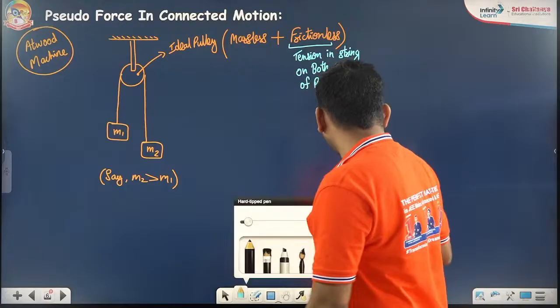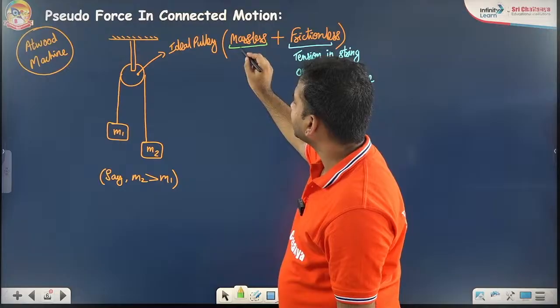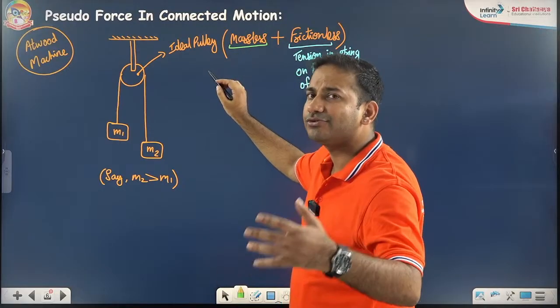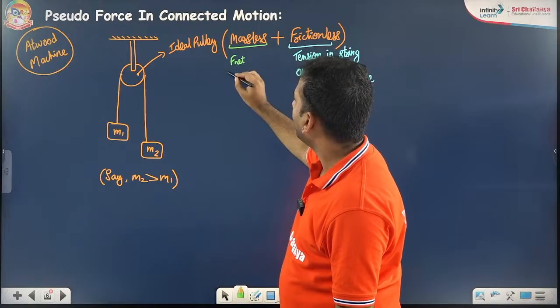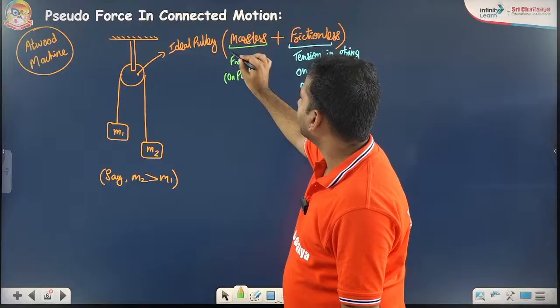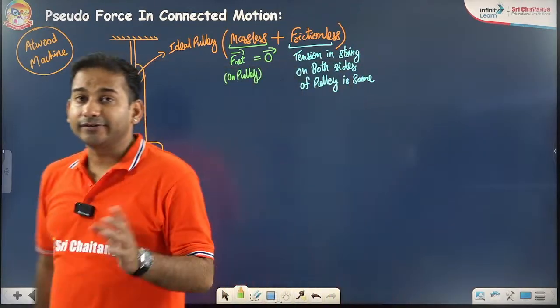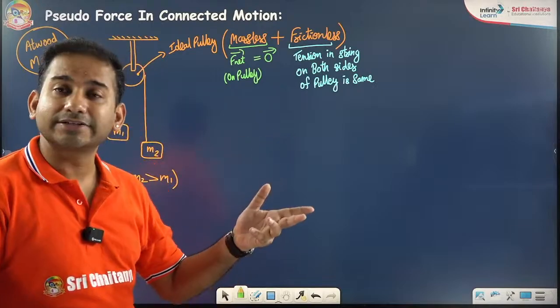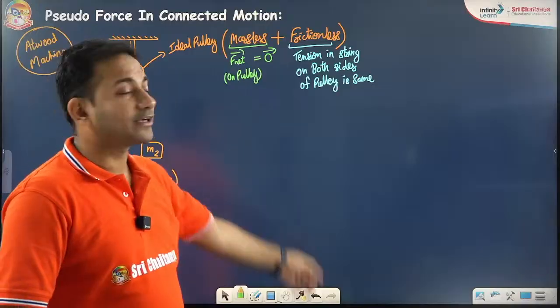Okay, and what do you mean by massless here? When you call it massless, its angular acceleration, its acceleration, you don't consider basically. So the net force on the pulley must always be equal to 0. If the pulley is not moving, then also it is 0. If the pulley is moving or accelerated, then also the net force acting on the pulley, you have